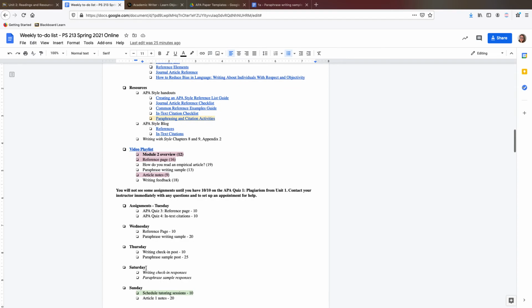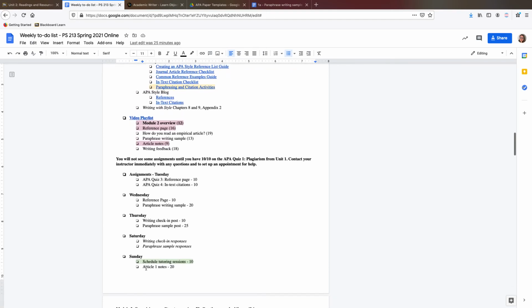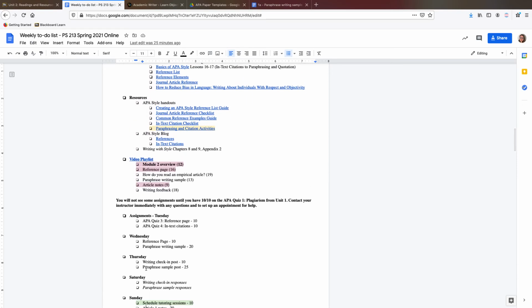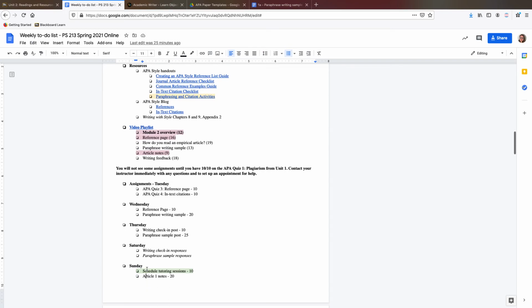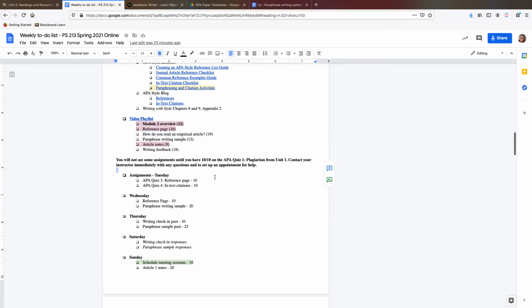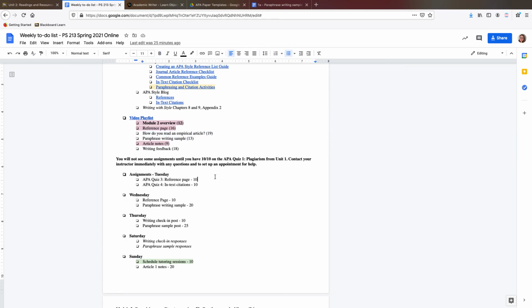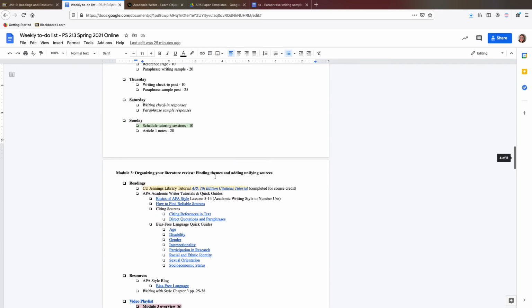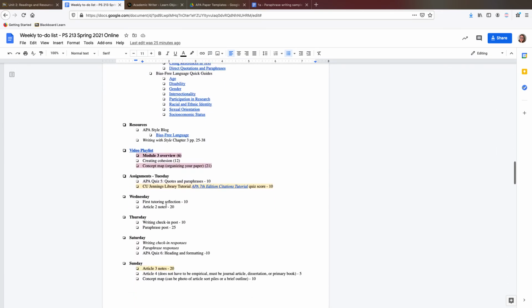So that's our week. We end up by having one article fully read. As you're doing this, you're also in the background reading these articles. I talk about how to read an empirical article. It takes a long time. So I really do recommend spending lots of time, and keep in mind 2 and 3 come up shortly after.